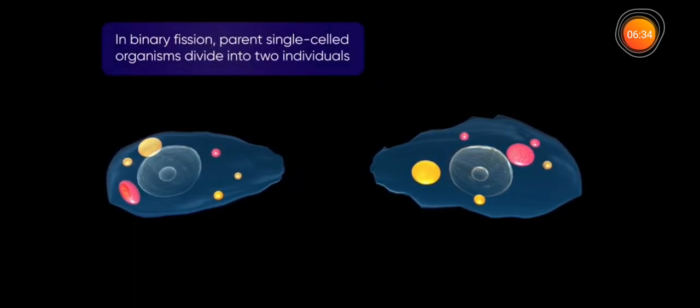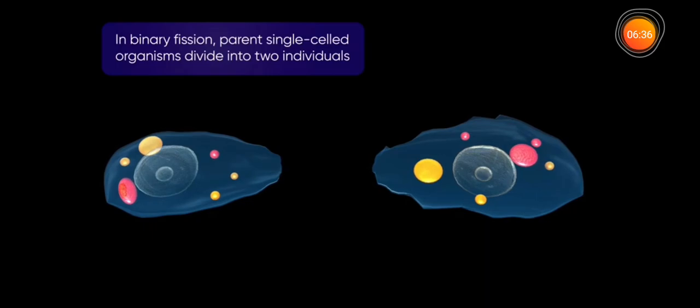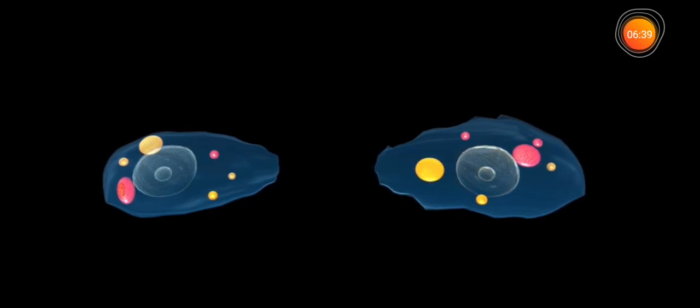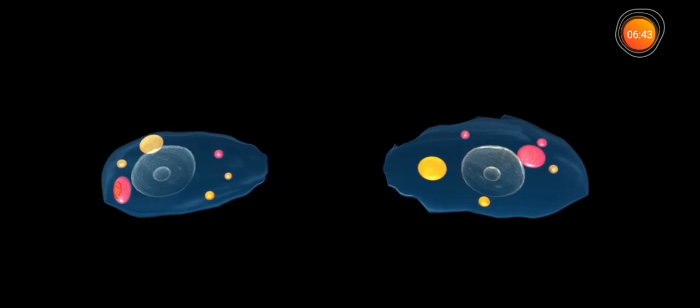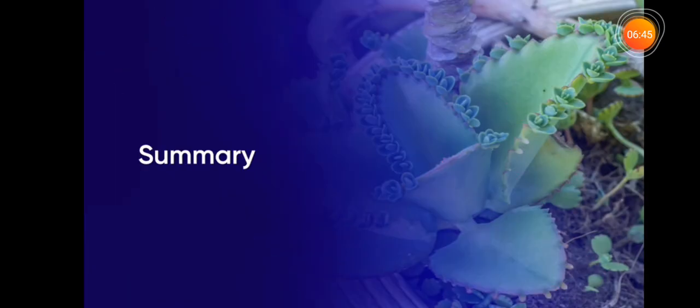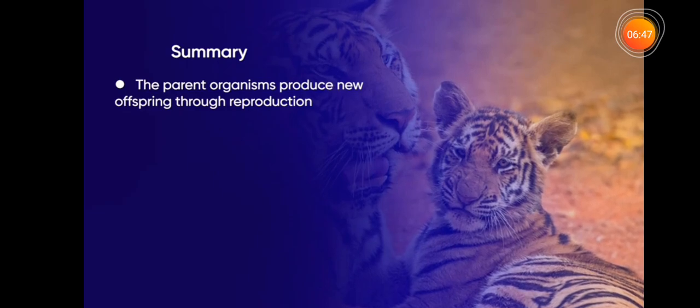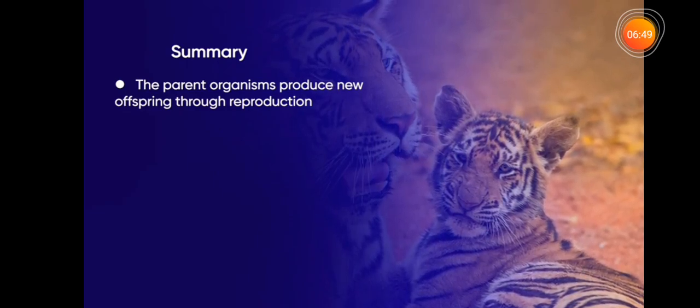There are other asexual modes of reproduction also in animals. We will learn about them later. For now, hope you have understood the different modes of reproduction. Let's summarize. Reproduction is the biological process by which